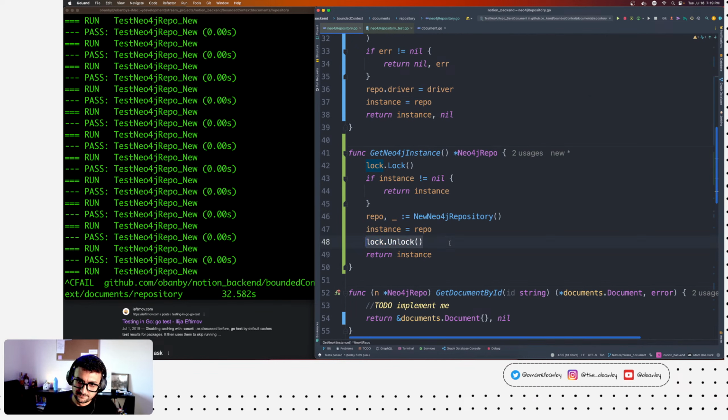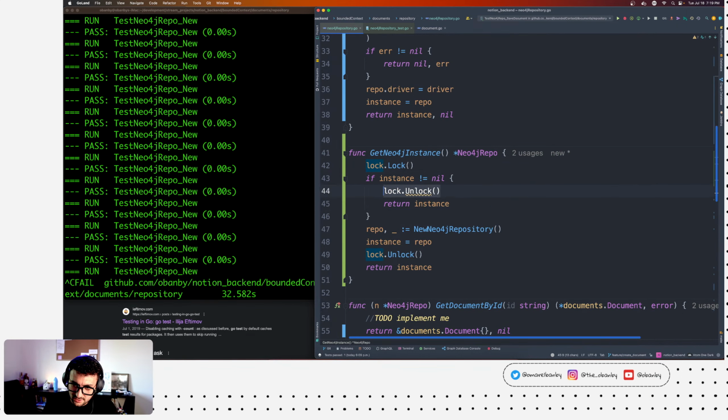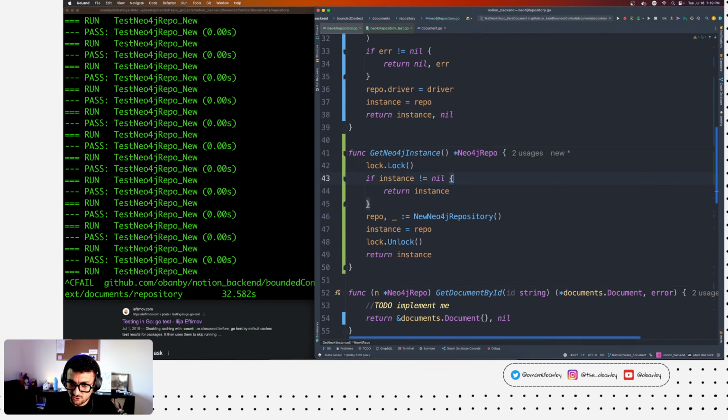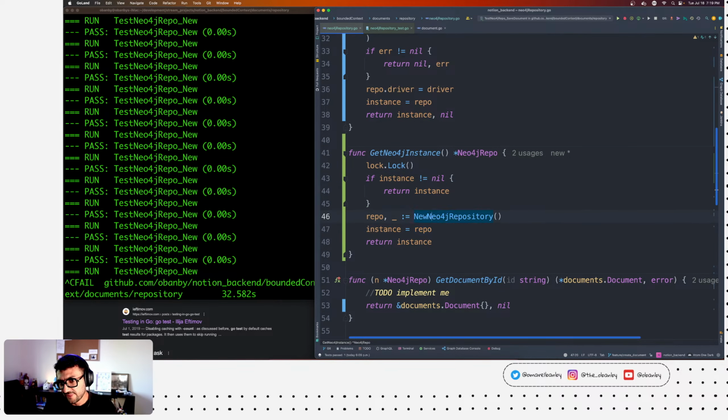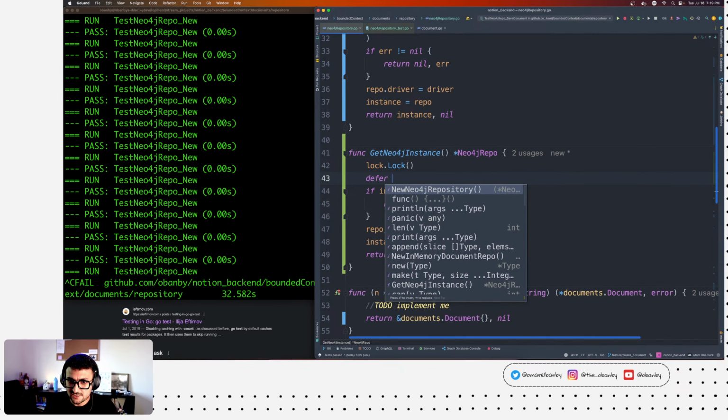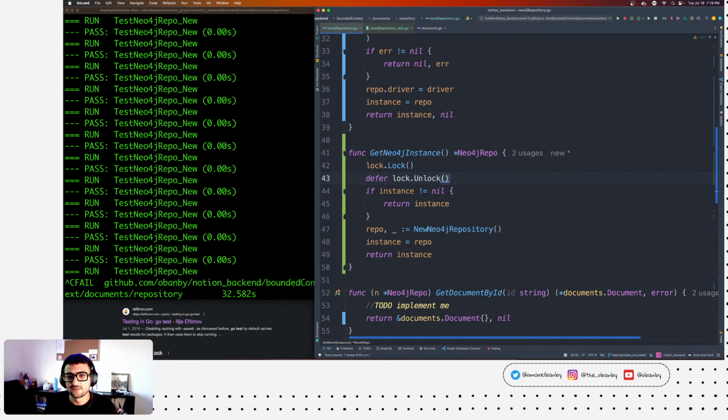Oh, dang. You see, that's where it gets tricky, because you see this return here. If you don't unlock here, then you are screwed. And that's where, drumroll please, the defer keyword comes in. So rather than me having to think that every return must include an unlock, Go says, okay, you can defer. We will run that for you as the last thing right before the return.